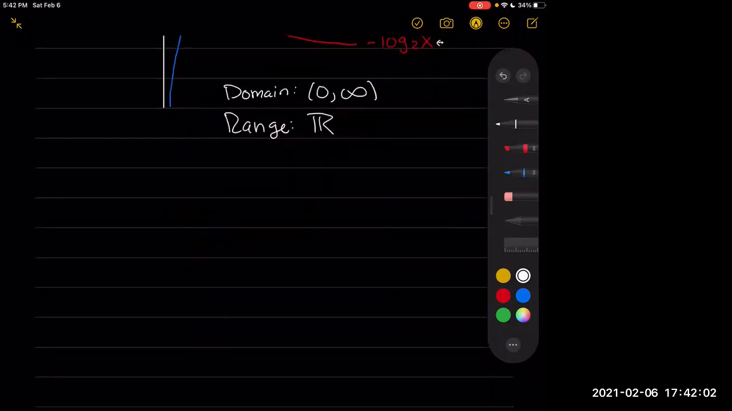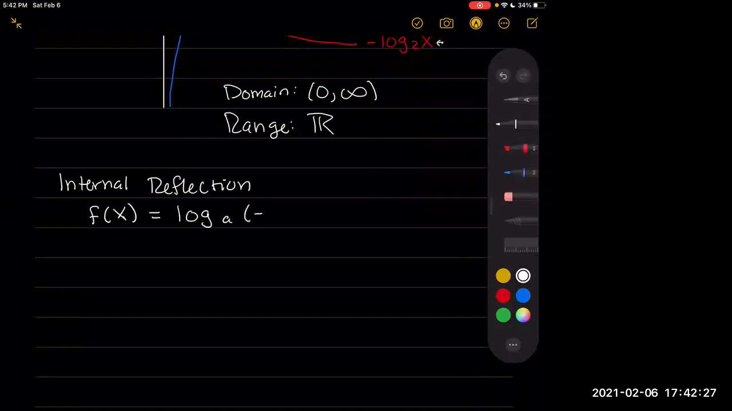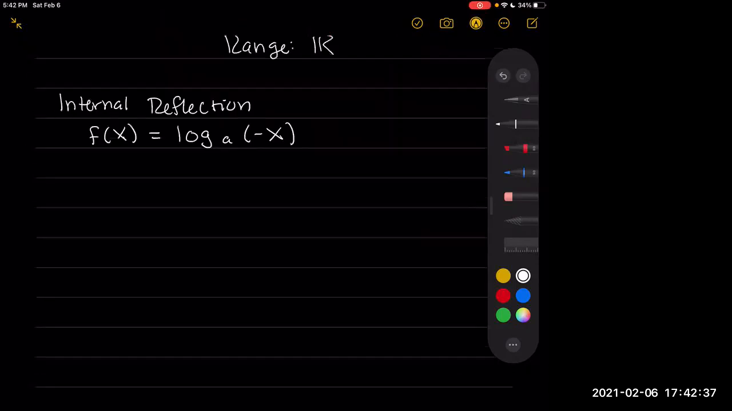Okay, and then the next example we're going to look at is, sorry, I lost my spot. It is internally. It's just internal reflection. So we're going to look at f of x equaling log 2 of negative x. So this time we've scaled this inside number by a negative. So that means